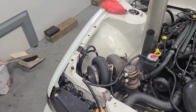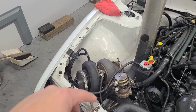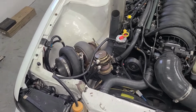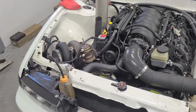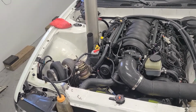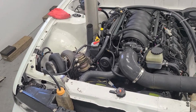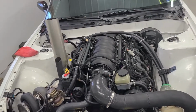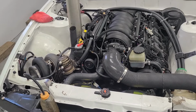But it does leave me limited on the 75mm turbine. It's going to spool good, I'm sure, and I do want that, but that turbine will still be the ultimate limiting factor. But if it'll truly do 150 more than this turbo, then I think it'll do plenty for me for another year. It would take this car from maxing out around 700 to maxing out around, I guess, 850,